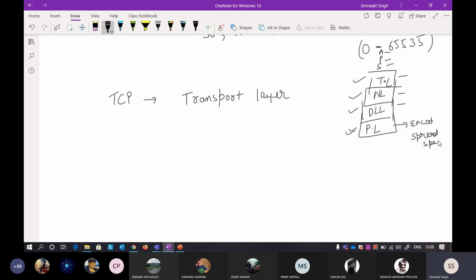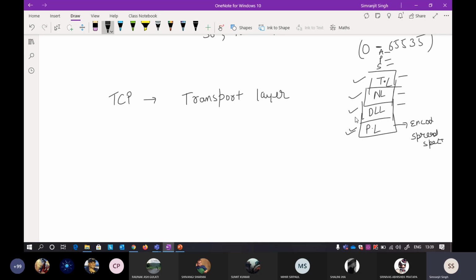Electronics students basically concentrate on the electronic components that exist in the layers, but from the perspective of computer science, we just deal with a lot of software things.